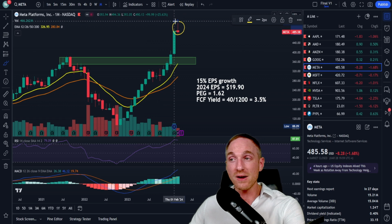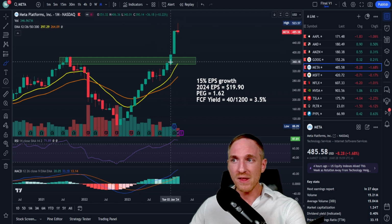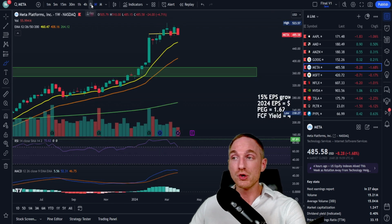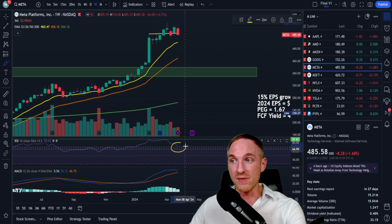On the monthly candle close on Meta, not very pretty, is it, right? This is one of your uglier candle closes that we've had in recent memory. Even the ones here weren't as ugly as this one. So if ever Meta chooses to consolidate a little bit, if you ask me what my gut feeling is right now on Meta stock, okay, so now we have come down more into acceptable territory of the RSI,